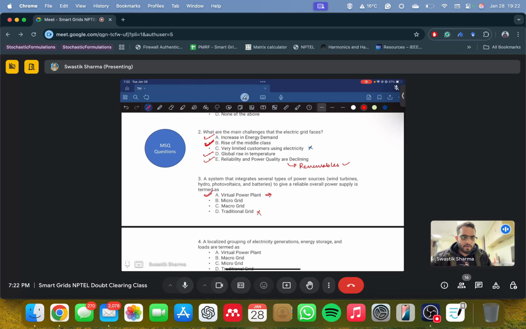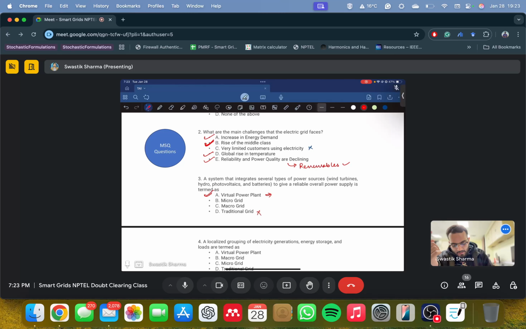A virtual power plant has different kinds of systems to generate electricity. For example, it can have wind turbines, hydro, photovoltaics, and batteries, all of them together in a system, working with each other to provide reliable power supply at any given point of time. Why do they call it a virtual power plant? Because they act like a power plant, but they are virtual in nature. They are composed of different units, and they can supply some demand of power too. Virtual power plants are growing, and they are now also coming into the picture in the USA, where they are integrated into the RTOs and take part in markets as well.